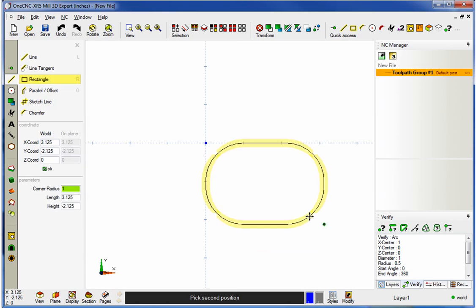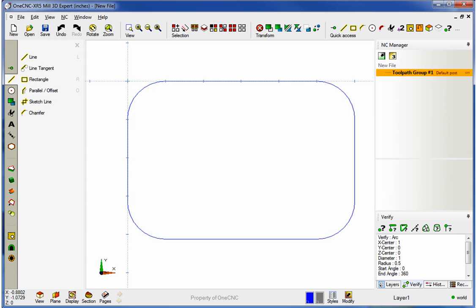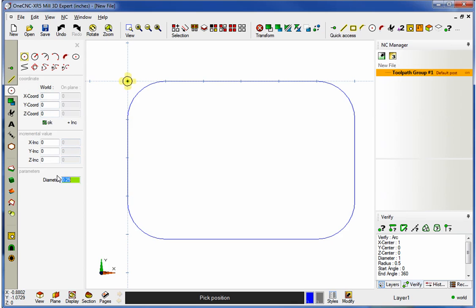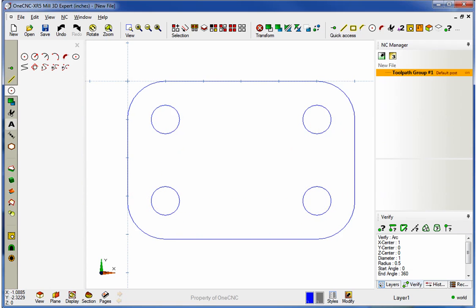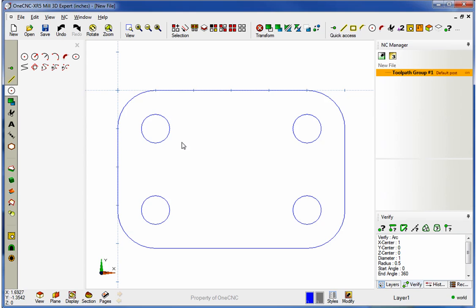The first thing I'm going to do is just sketch a rectangle here. That looks good. Let's make a couple of holes or circles. I'll use a 0.75, and let's just place these right at the arc centers there. That looks good. Alright, now let's say that we need to create some smaller holes that are incrementally spaced off